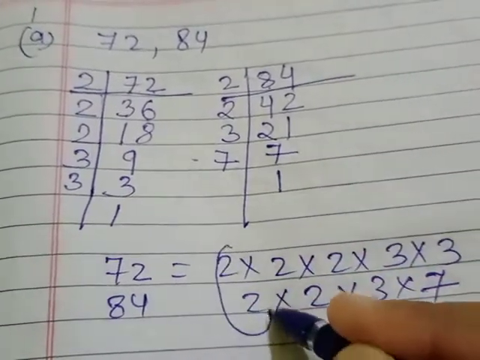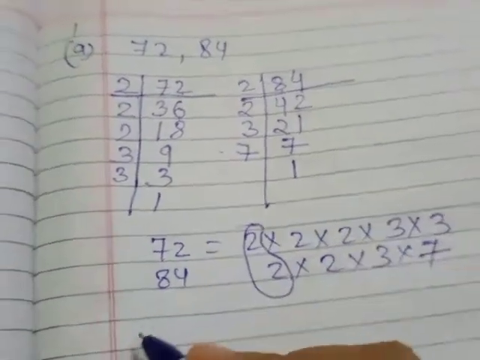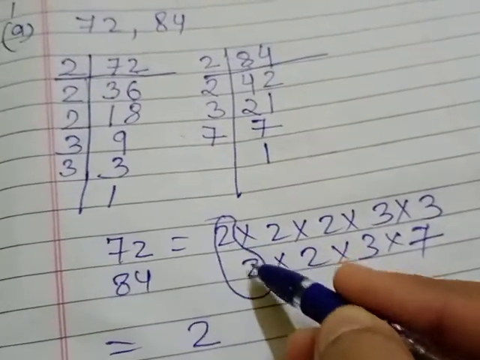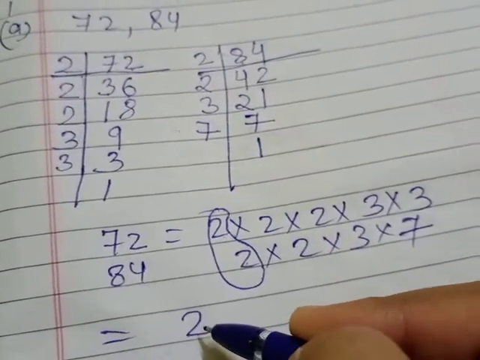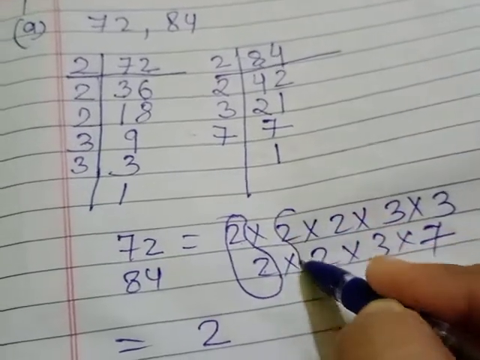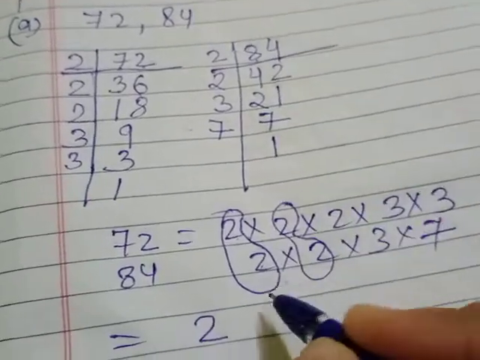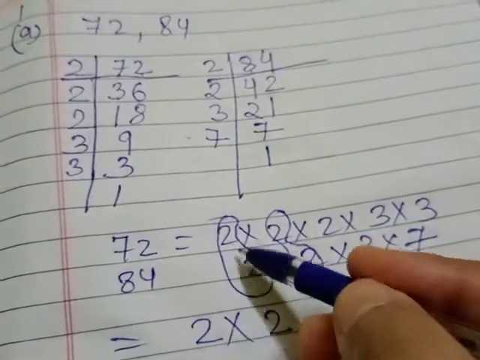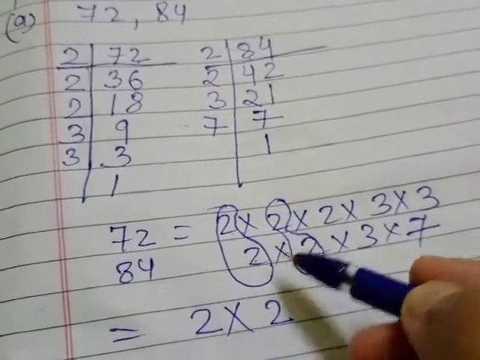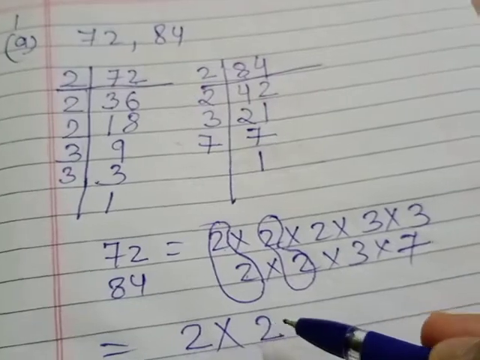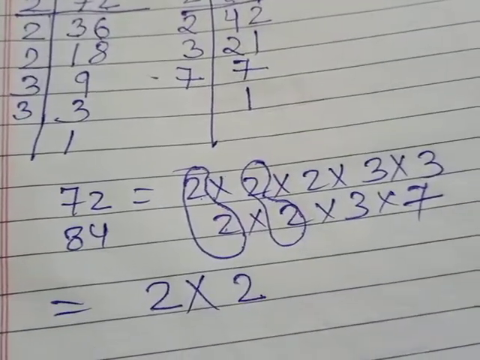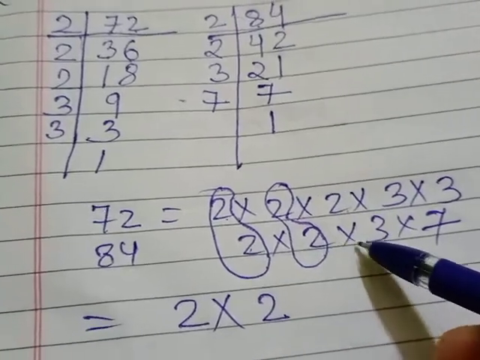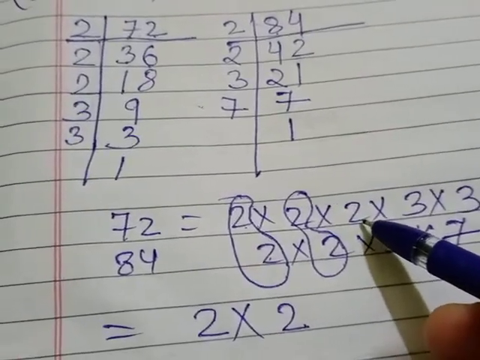The first common factor you can see is 2, right? So we will write here 2. Whatever is common, that number we will write. Another common factor, again we have 2, right? So we will write this next 2 also. This 2 was common, so I have written it here. Then this 2 is also common. After this, which is the common number? If you see here, this is 2, but we don't have another 2 here. So no need to write this number.